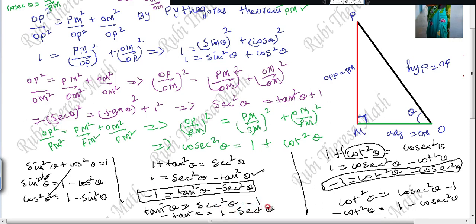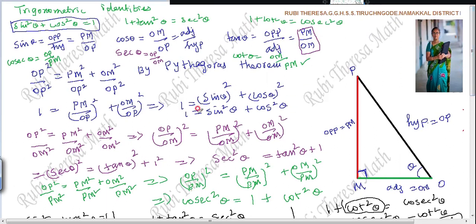Do you follow? Just multiplying by minus 1. Understand? So you will get this also. In some problems, you should use it like this also. Every one of you, have you followed this? Is it easy for you? Just derive and see and learn.